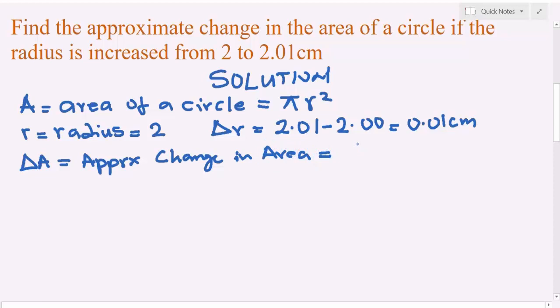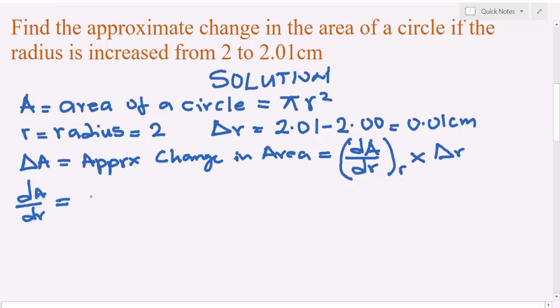This is also given as A prime of R, at the given value of R, times delta R. So A prime of R is 2 pi R. So delta A is equal to A prime of R, which is equal to 2 pi R